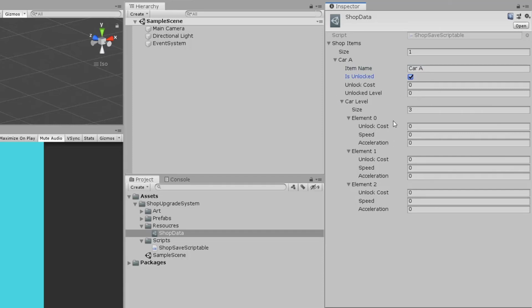The reason is this unlock level, whatever the number here is, indicates this car's level, and we all know that an array starts from 0, 0, 1, 2, like that. So if this is 0, that means we are showing element 0 information. If it is 1, then we will show element 1 information, like that.